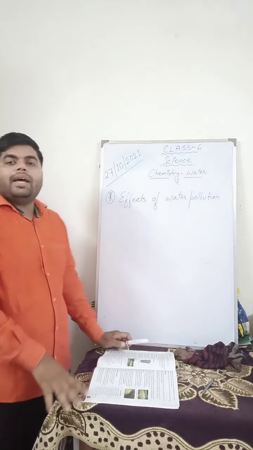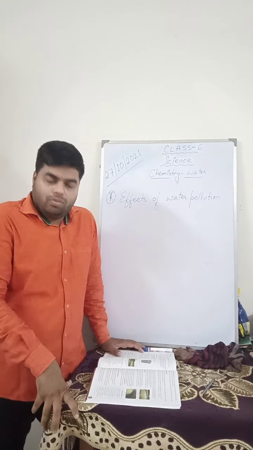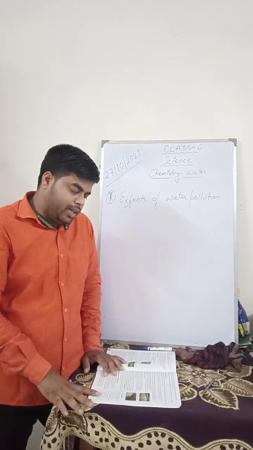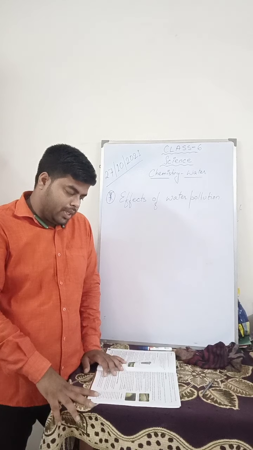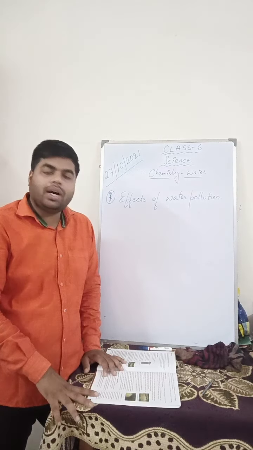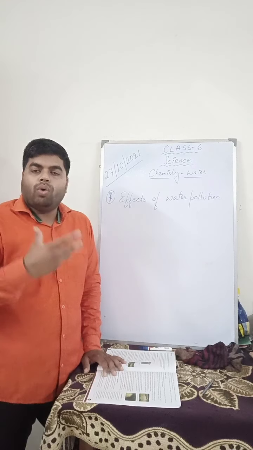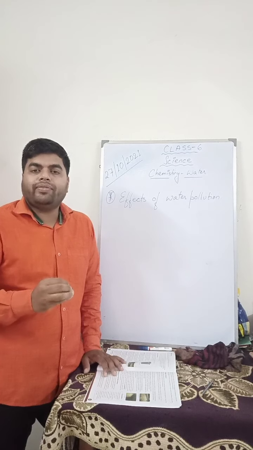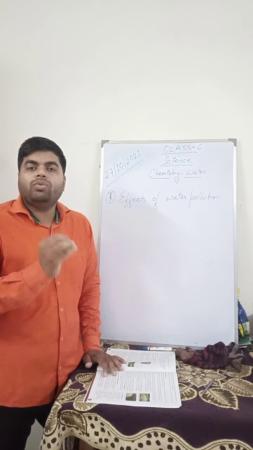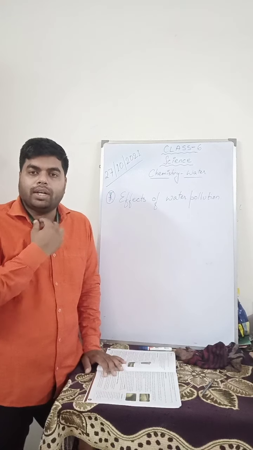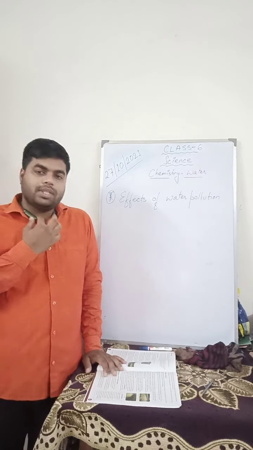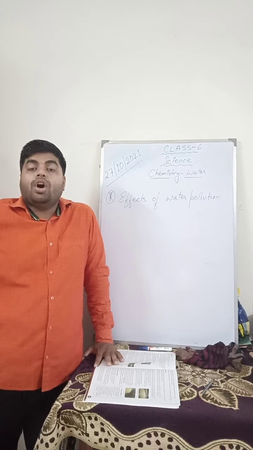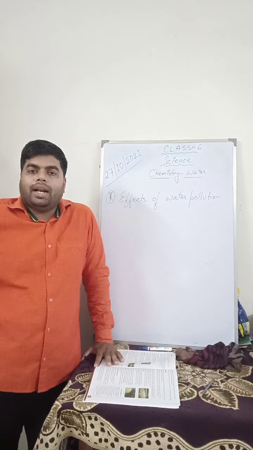So what are the effects? That means what are the results of water pollution? Polluted water causes infections and life-threatening diseases in living organisms. Some of the harmful effects of water pollution are the following. That means when the water gets polluted, it causes a lot of diseases as well as life-threatening ones. You may die when you use this contaminated water. So it is not only that they will cause disease, but they can also give you life-threatening diseases, or they can take away your life.